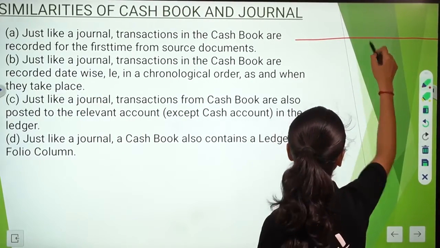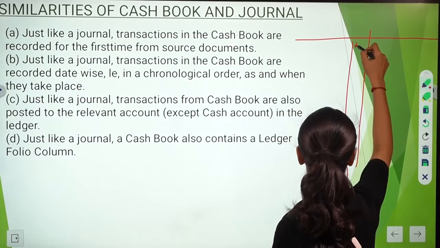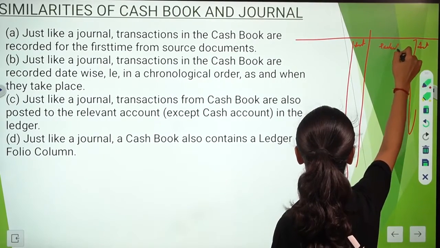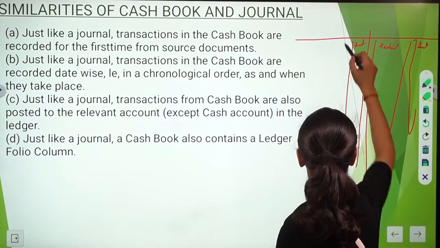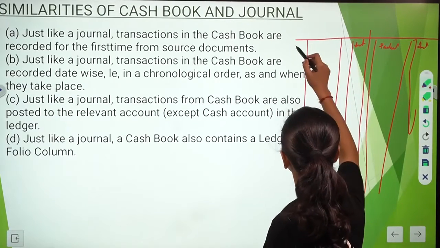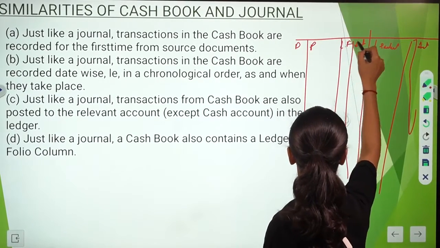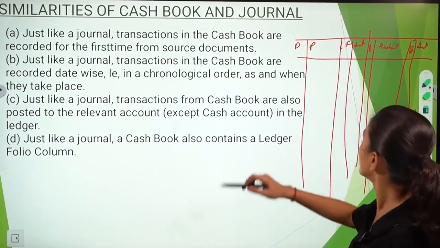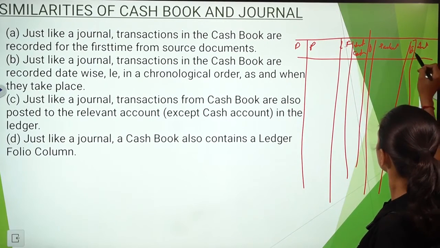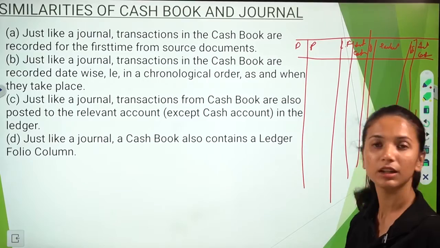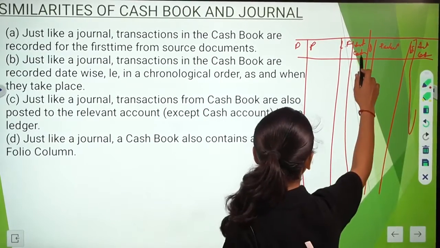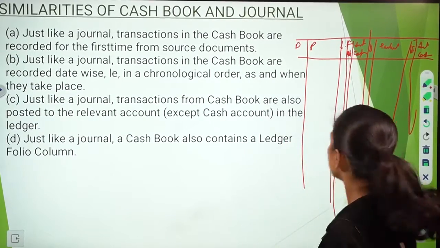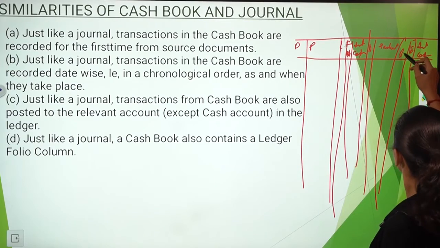So this is similar to a ledger account. This is amount and this side also amount. Particulars, date, ledger folio. Ledger folio, particulars, date. Date, particulars, ledger folio, amount; date, particulars, ledger folio, amount. So this is your cash amount. But if it is a double column, then there will be cash, and another column will be maintained. It will be a bank column. Similarly, this side also you will have a bank column.